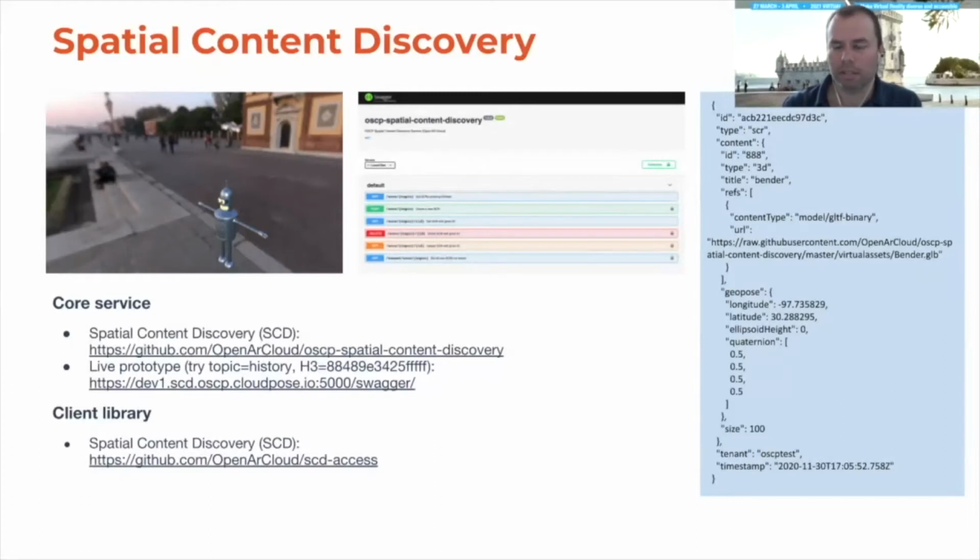Again, you'll see that it's a standard REST API, and we have an example of the spatial content record here. So you see the reference to the GLB that was pulled in and the associated Geopost. Once again, we've got the GitHub repo for the core service, running prototypes hosted in AWS, and client libraries for simple interaction.